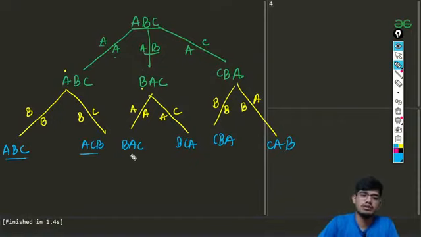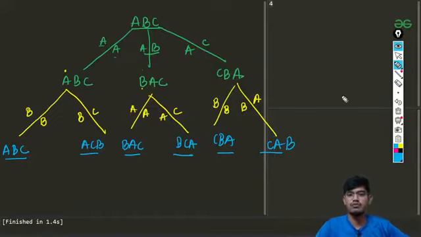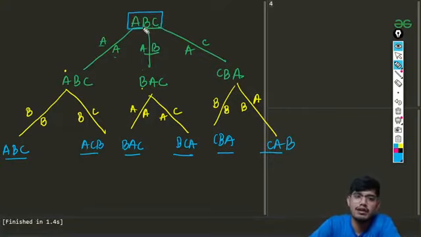So all these permutations are nothing but the solution for the problem, okay. I hope the explanation was clear to all of you who are watching. So let us try to run this program, and see how we are going to solve it. First I'll be having a function in which I'll be passing this string, and I'll be passing 0 and I'll be passing 2, okay. So these two things I'll be passing.